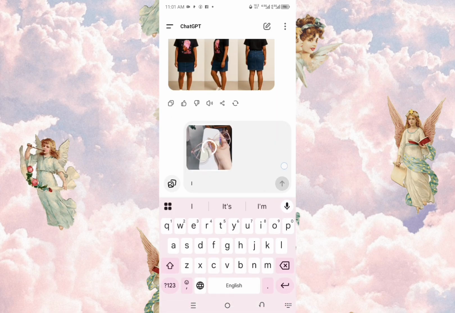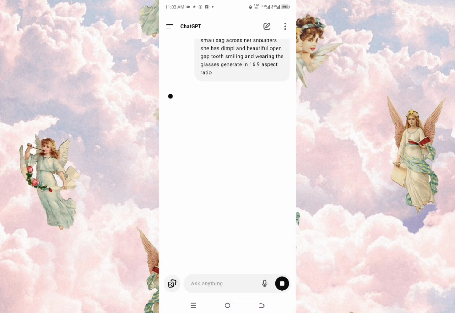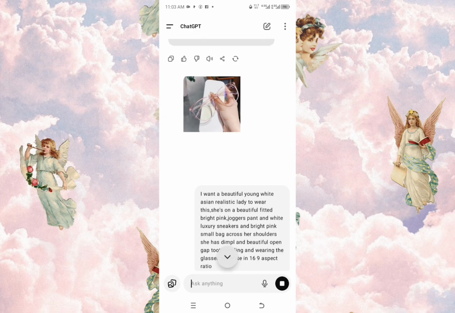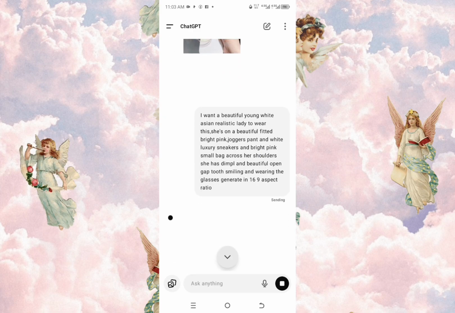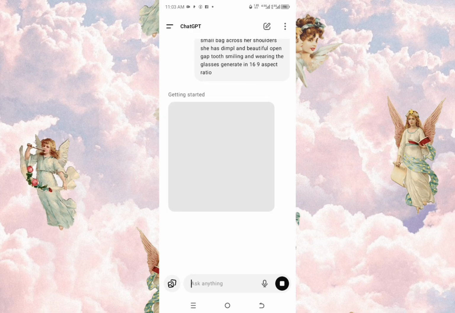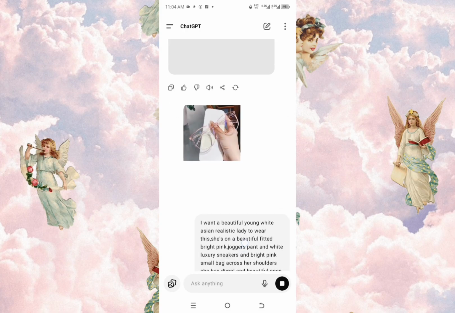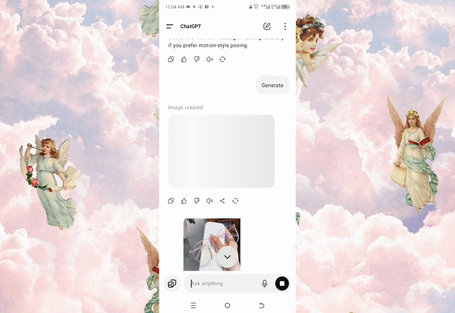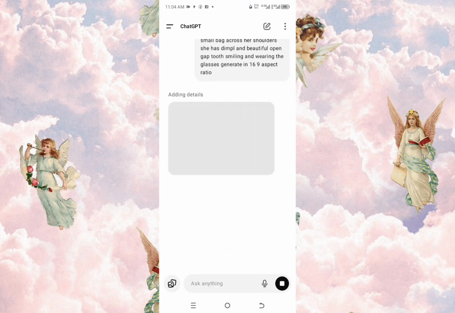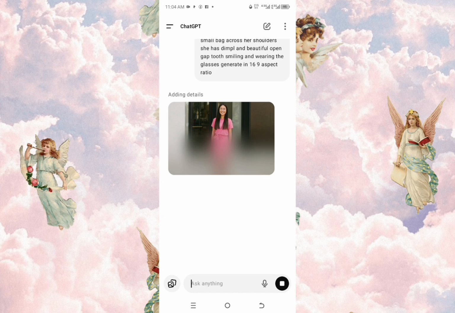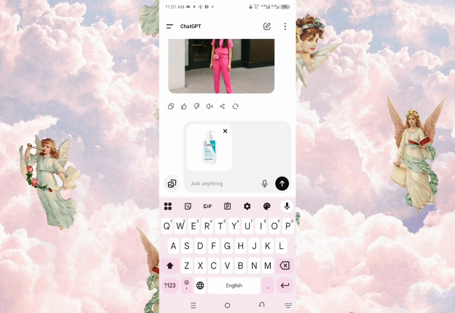So we are trying this outfit. We want this particular AI to wear this outfit for us. Okay, remember, this your product should be a 4:5 ratio. In as much as we are using 16:9 aspect ratio because we are using YouTube, okay, all I have to say is this. I want,